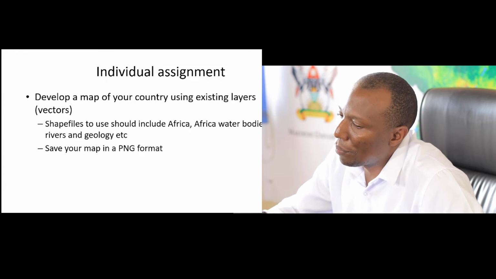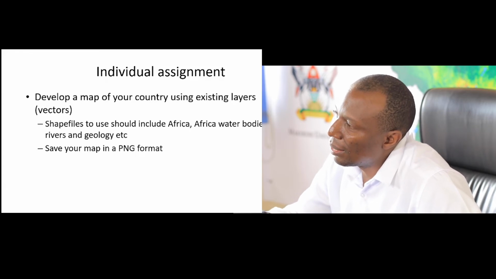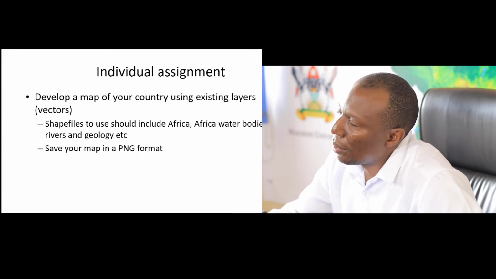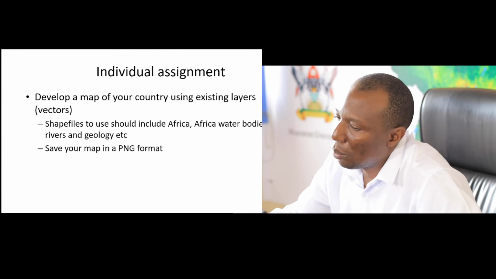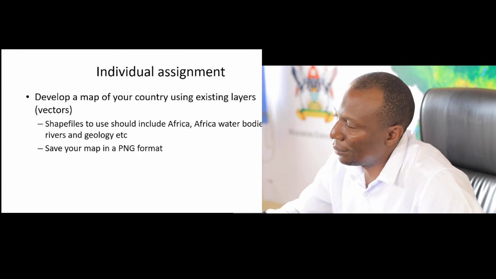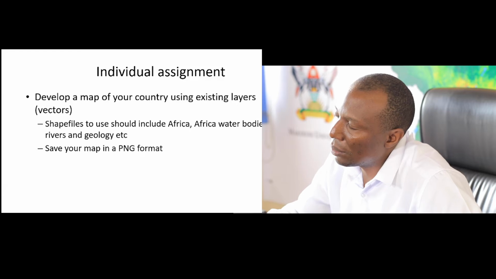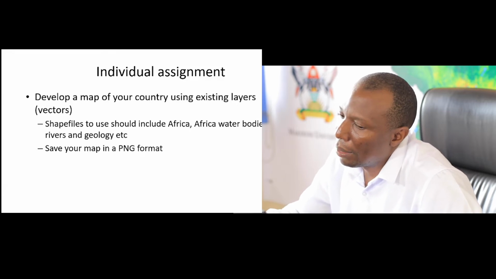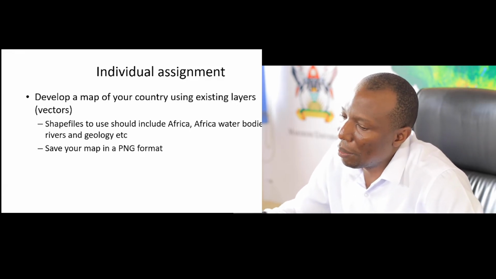You develop a map of your country, and in that map you put water bodies, rivers, and the geology. So the layers are in the Google shared drive, but I expect you to save your map as